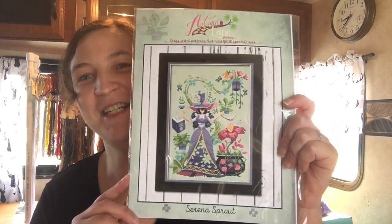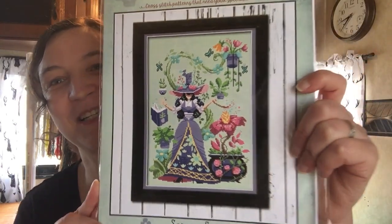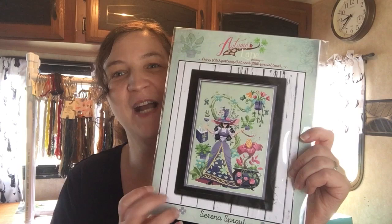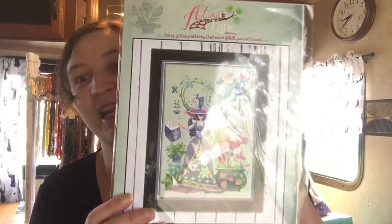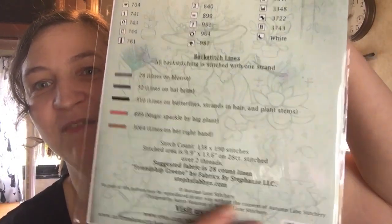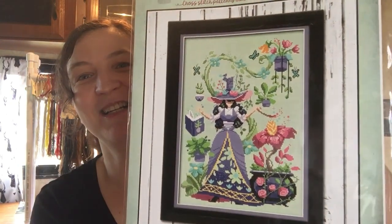I'm going to go ahead and start with Autumn Lane Stitchery's Serena Sprout. She is a spring witch, and she was, oh my gosh, too cute. She needed to be in my collection. And there is also something to be said for having the physical copy of the Autumn Lane Stitchery charts. They're very nice on the inside and on the outside. Each one has their own design that covers the entire chart. I mean, not that I bought it for the outside of the chart. I'm just saying it's an extra bonus. But look at how cool she is. So Autumn Lane Stitchery. And then of course,